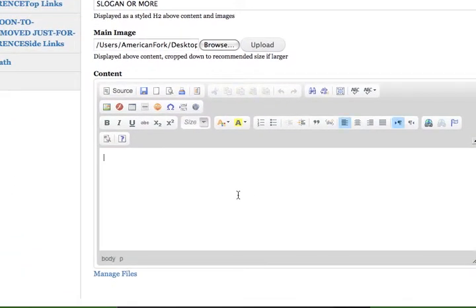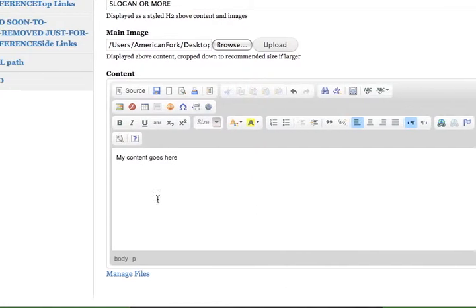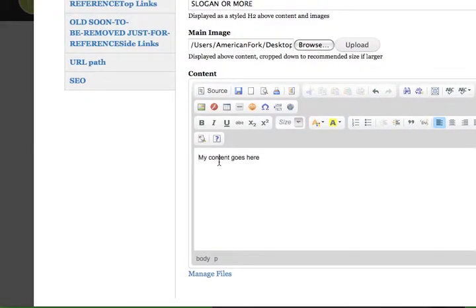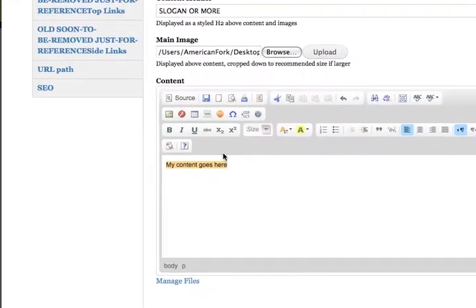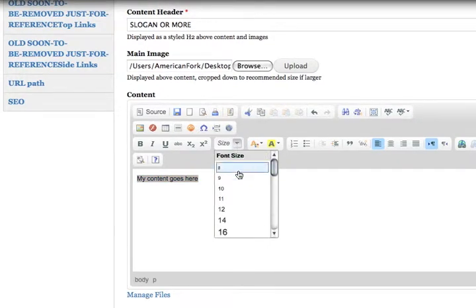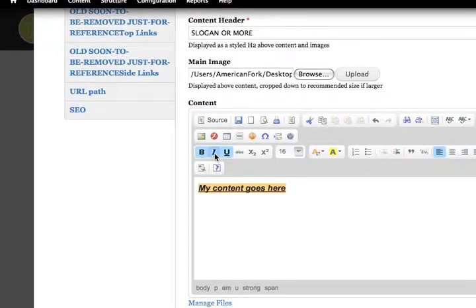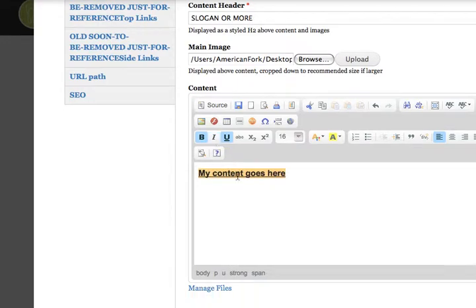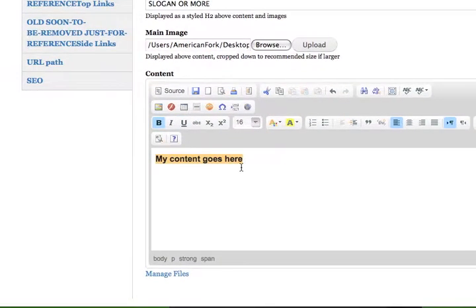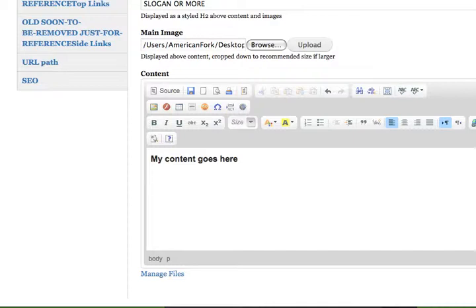And here I have my content. So we're going to put my content goes here. Now if I wanted to style this, I can highlight this text and I can choose to make the size bigger. I can make it bold, underline, or italics. Let's take those two off. I can even put additional content below,